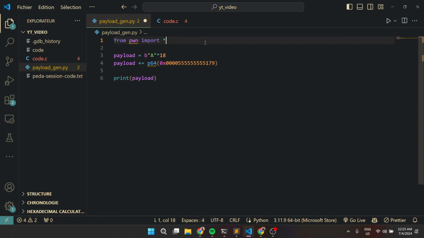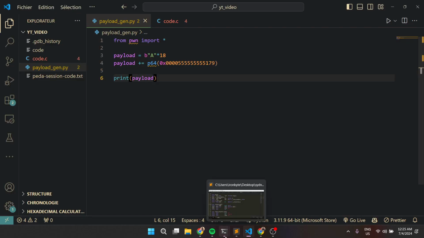This pwn is just a beautiful module that comes with Python. You can use it in a lot of challenges in crypto, in reverse engineering, in pwn, in whatever. So p64 is just going to be packing the return address as a 64-bit value, and then we're going to be printing the payload. So basically, if we try to run that,